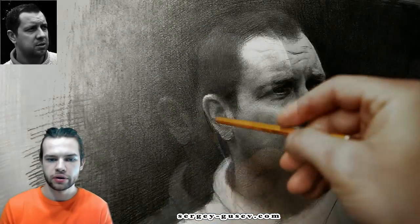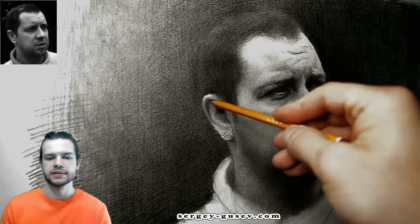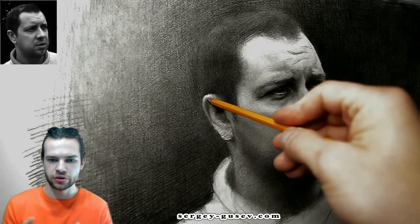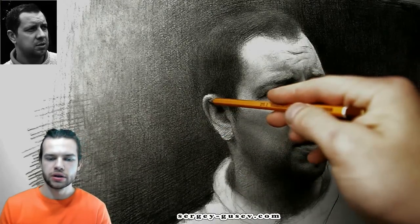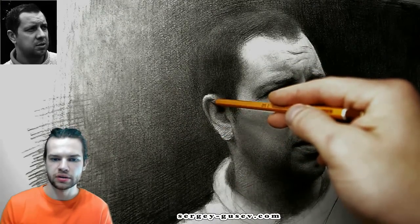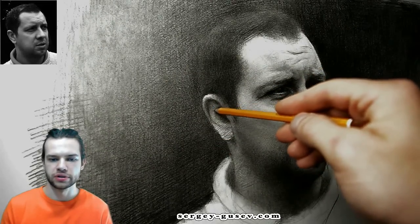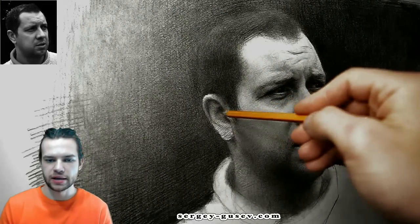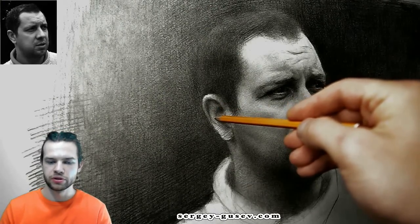And right now I'm working on the ear, and when you work on the ear, I recommend you to remember that it's further away. Yes, it's on the side plane of the head, so it's not so close to us as, for example, the nose, which is much closer to us. So the ear is much softer. It's not so dark. The lights are dark, but the shadows are not so dark. There is no big contrast, like, for example, in the eyes, in the eye sockets. So when you draw the ear, just remember to make it soft,